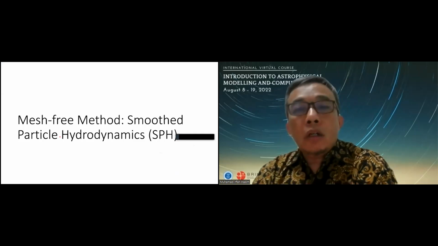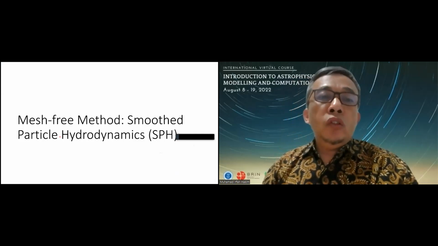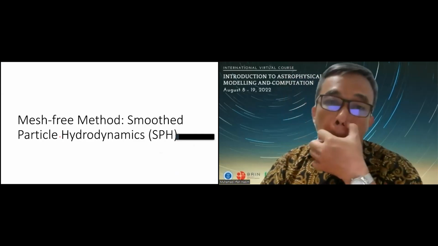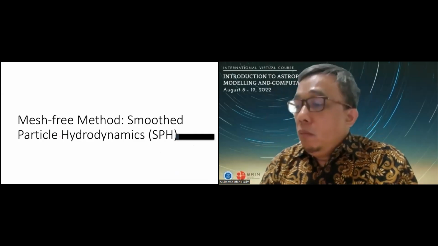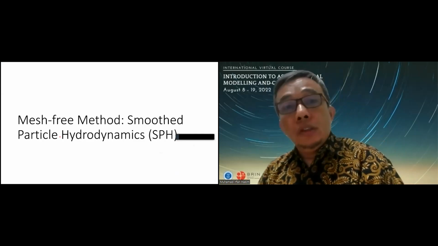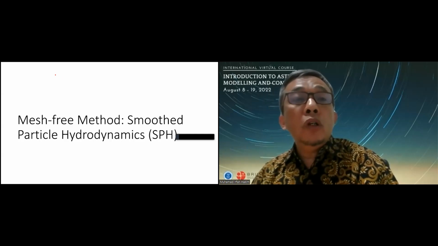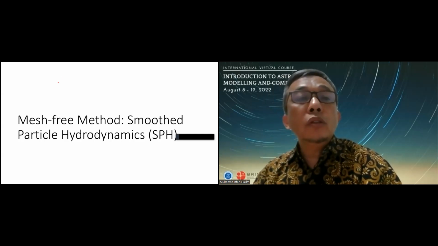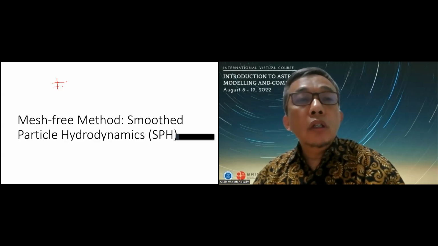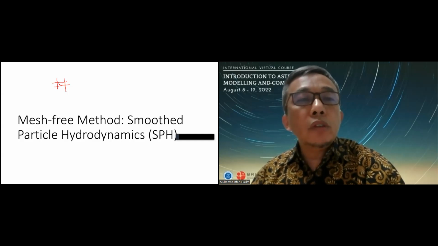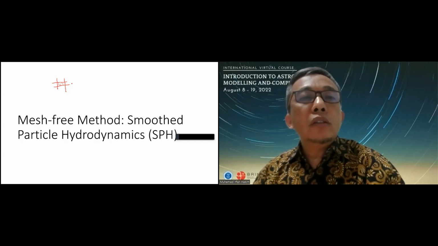Okay, for introducing another introduction to numerical methodology, an alternative method to approximate the continuous, we approximate by particle approximation. For example, like here,